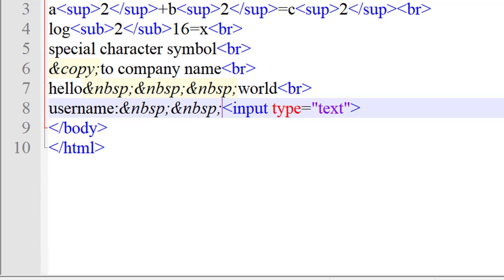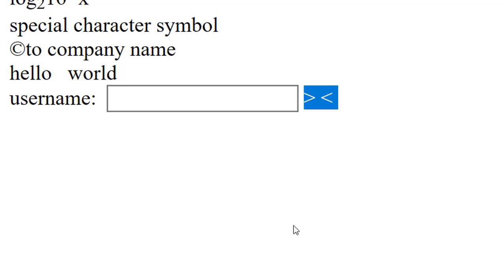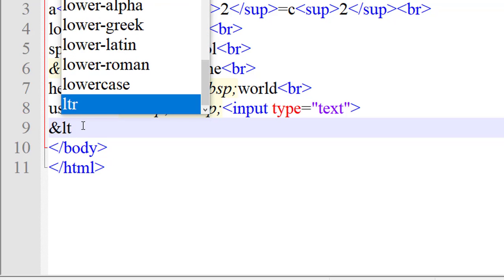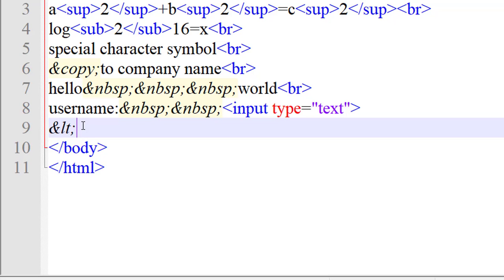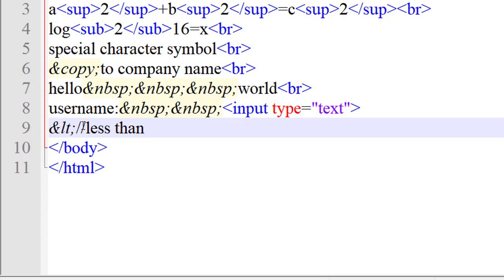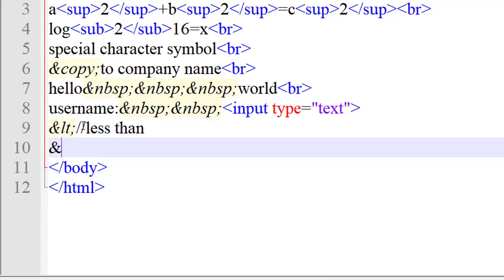Now I want the less than, greater than symbols. Okay, we can't simply write them, I want to use the coding. For that I will write ampersand LT semicolon. By using this, the less than will be created, and ampersand GT semicolon.